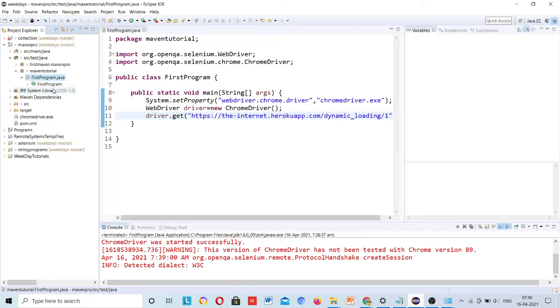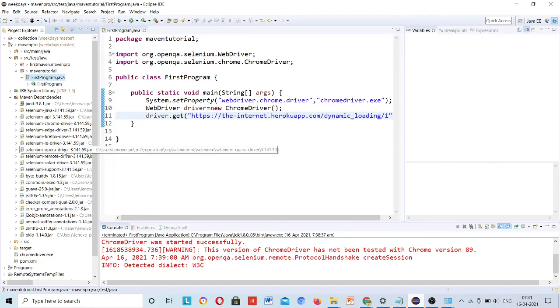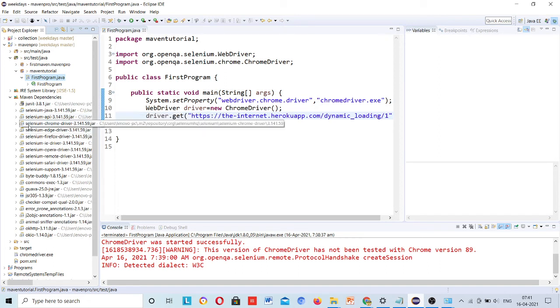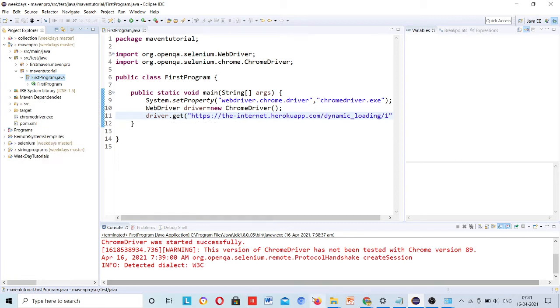In that M2 folder all these dependencies will be downloaded, and it will not download each and every time. First it will check in the M2 folder whether the dependencies are present. If they are not present in the M2 folder, only then will it download from the cloud.